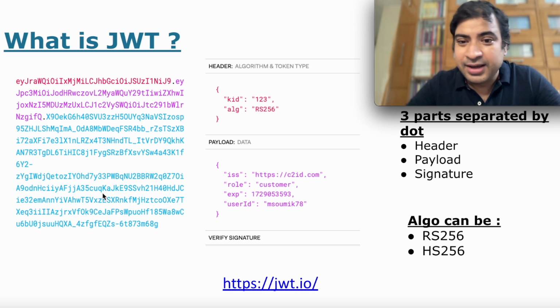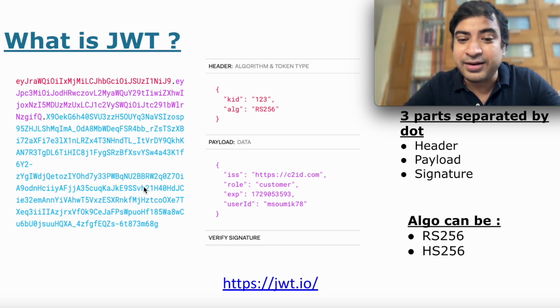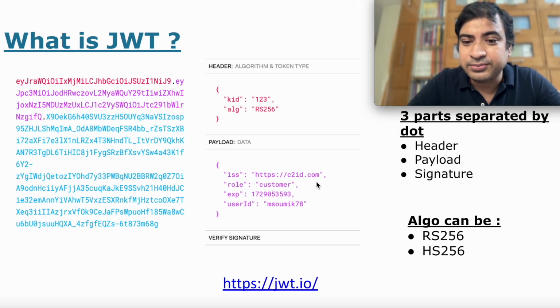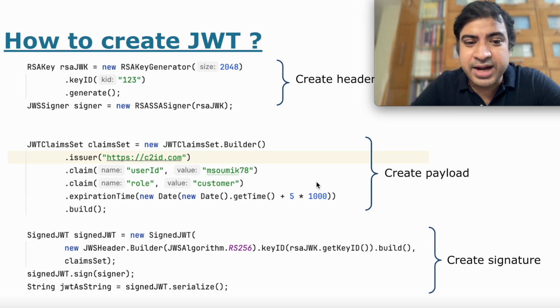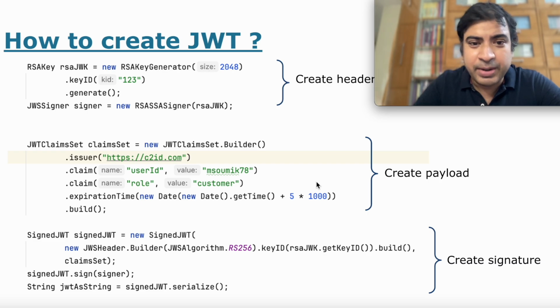Now, in this video, we are going to see how we can create a JWT like this and how we can actually validate the JWT. So, let's see the code for how we can create the JWT. This is a typical Java code to create a JWT, and it is created using the most popular JWT library, which is the Nimbus library. I will show a quick demo of that as well, but let us first try to understand the code snippets